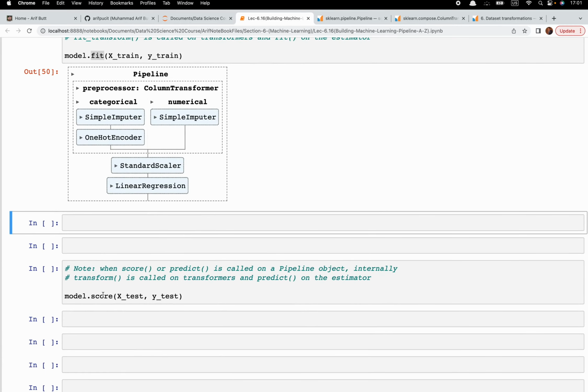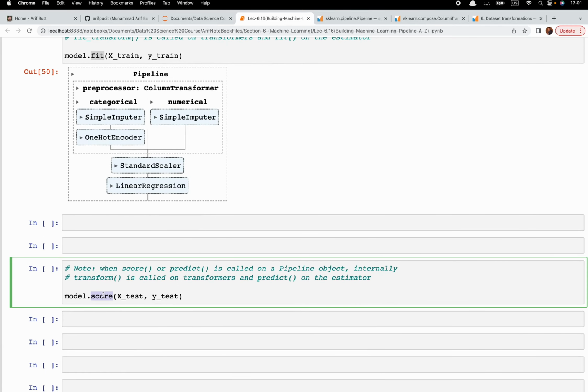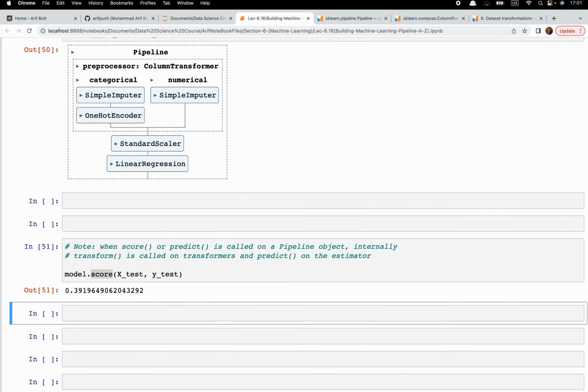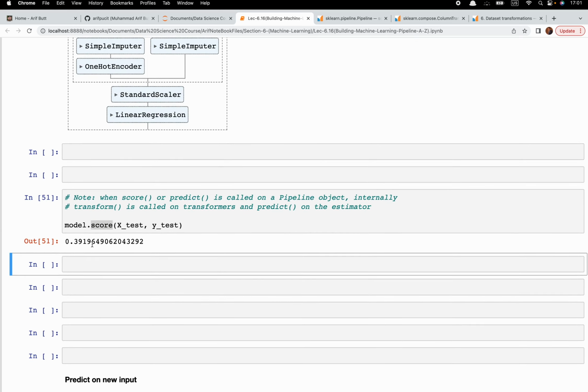Well, to evaluate, we can call the score method and passing it the xtest and ytest. And once again, remember, when you call the score or even the predict on a pipeline object, only the transform method is called on transformers and predict on the estimator. Let me execute. Great. So this is not a very good score. Anyways,